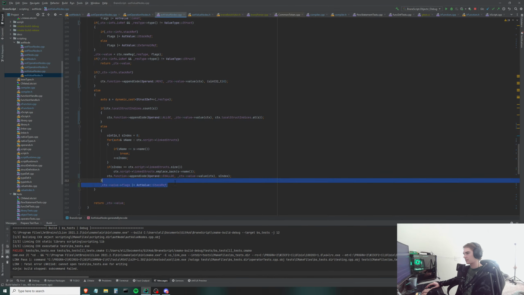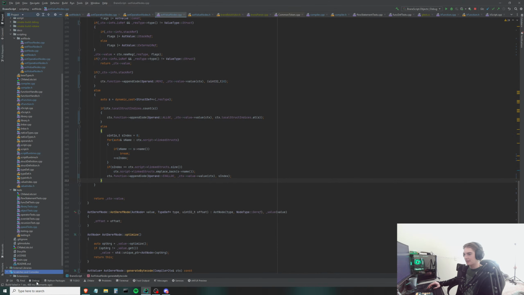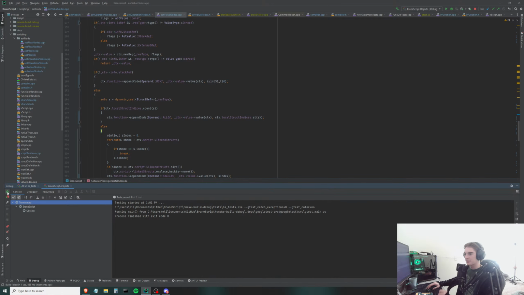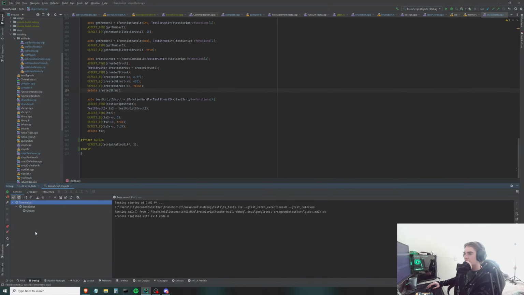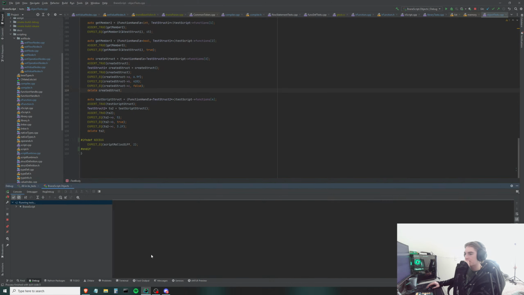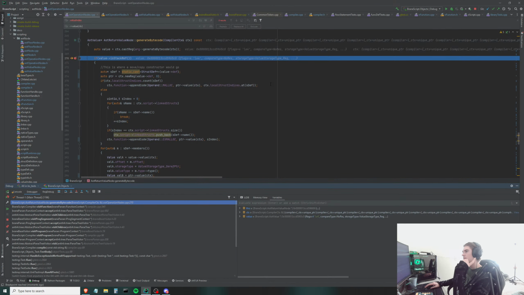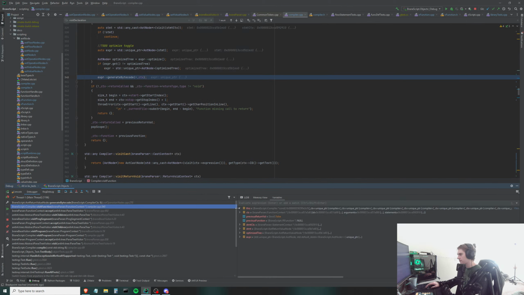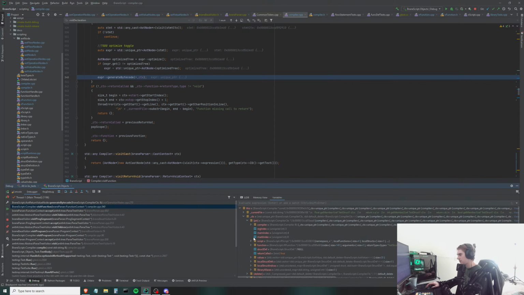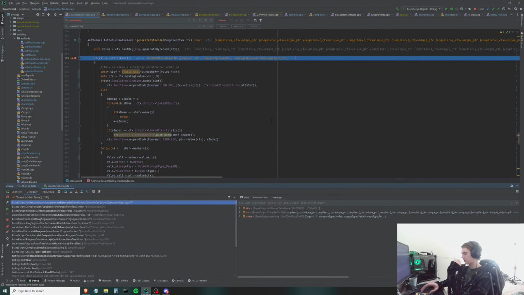Linking error. Oh wait, no, it's just that this isn't resetting. So stop that, rerun that. So 0, 1, 2, 3. There we go. This, check function name. There we go. Create struct. This is the correct function. And